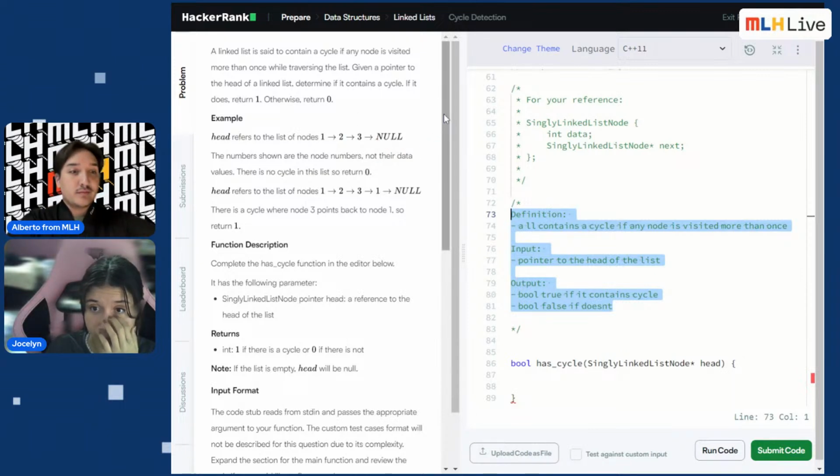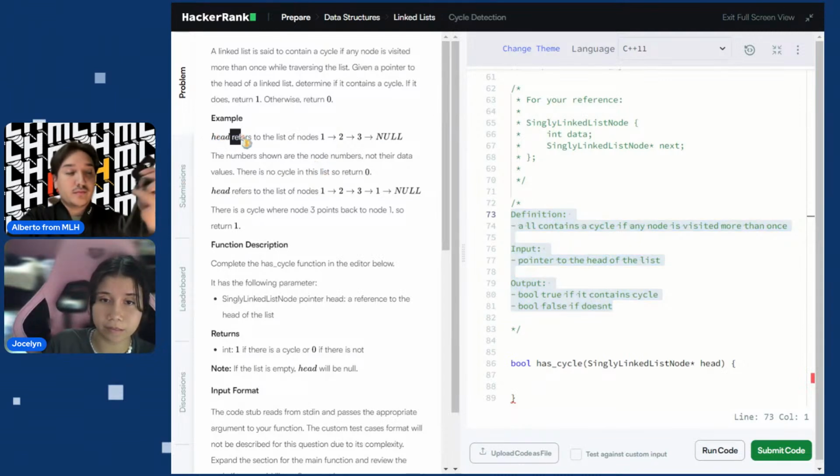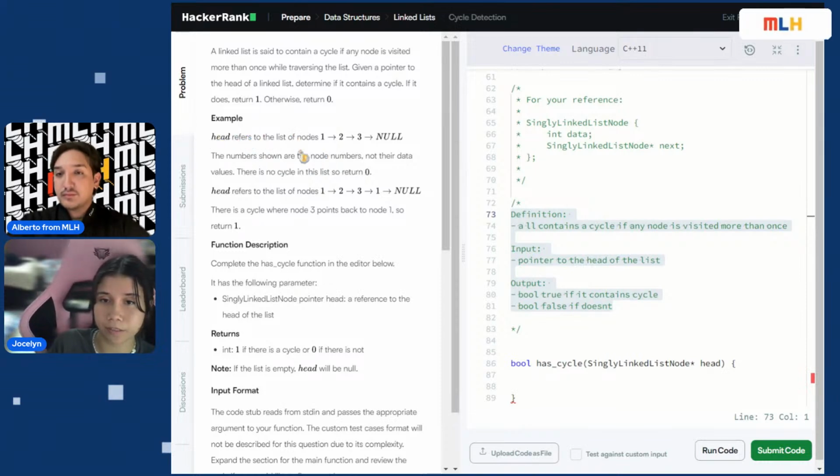And now we want to dive into some of the examples that we have over here. We have an example where our first element, the head, refers to the list of nodes 1 to 3. The last element is null, or null pointer for C++. And we are showing that the numbers in the list are the node numbers, not that they're